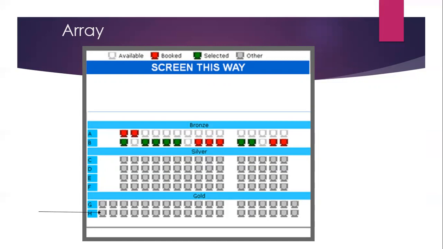This seat has location H1 in the gold array. In real life, the counting starts from 1, but in programming languages, the array indices always start with 0. So this is the practical example of your two-dimensional array.